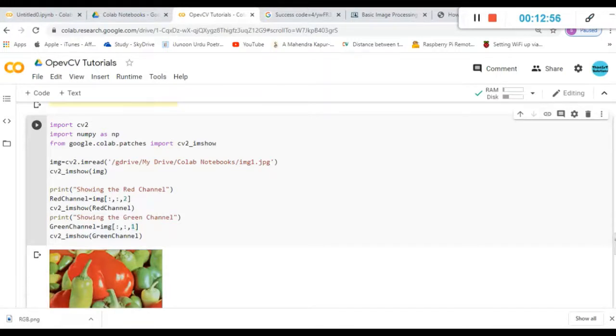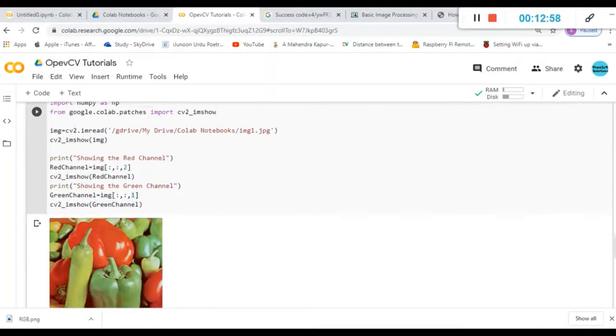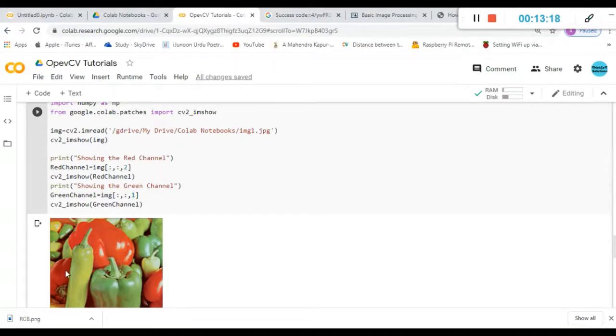So let me explain you the output first, then you can see the result. So this was the image, that color image that we are importing. Now if we see clearly what is happening here, let us say the red channel means what. Now here I have got some red, here I have red, here I have red. What it means is the areas where you are able to see more red, it means the red layer has got a high pixel intensity. Wherever you are able to see green, it means your green layer has got high intensity.